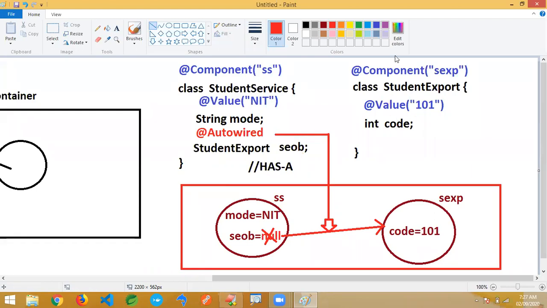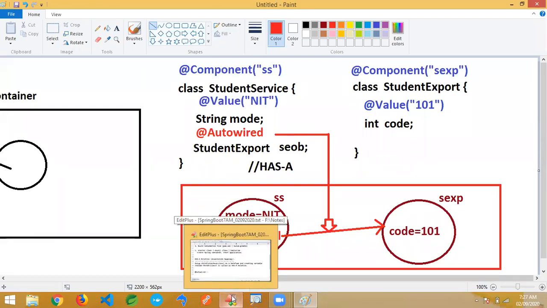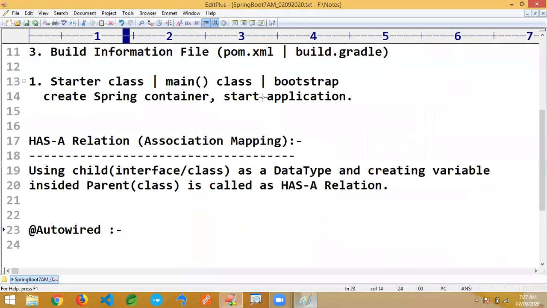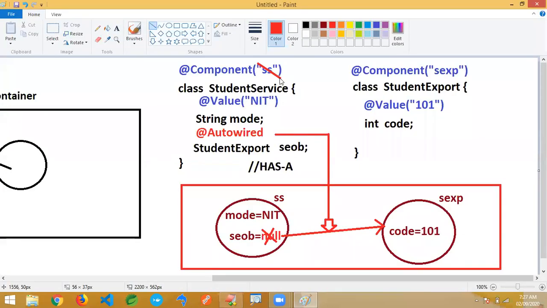Chandrasekhar asked a question. Sir, if you don't mention the object name, is there any error? If I did not mention any object name, is that an error? He asked this question. Yesterday I gave the answer for this question. Do you remember? Other students, do you remember? Is providing the object name mandatory or optional? Yeah, optional. If we do not give the object name also, that is going to work. Very good.